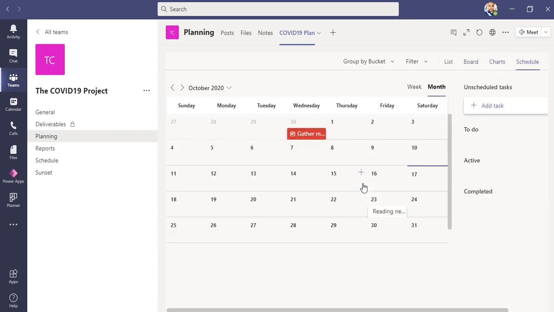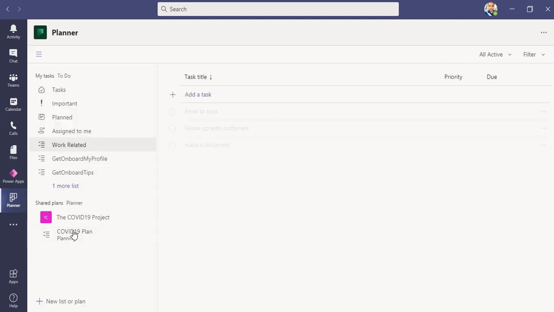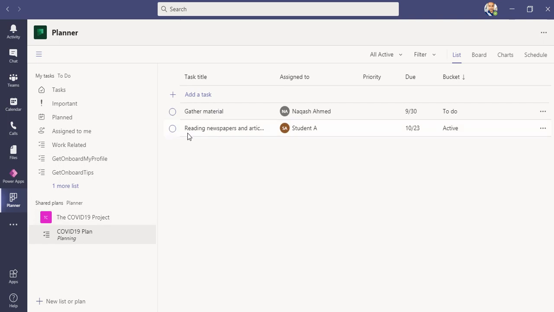the schedule also, based on the calendar. So you can see the calendar here. I have the due date of my task on last month, 30th September, and another task is coming for Megan, which is on 23rd of October this month. Okay, so these are the tasks I have for the group, for the plan. Now you can see the same under this Planner, the Tasks application. If I go back again to my Planner or Tasks, you can see in the planning, the reading newspaper task which I just wrote,